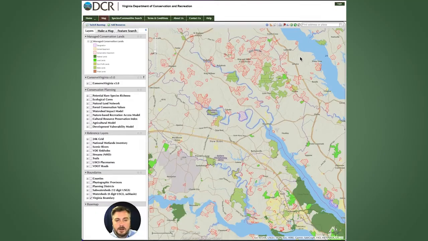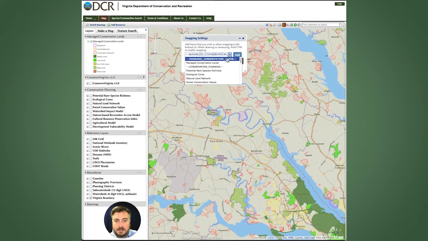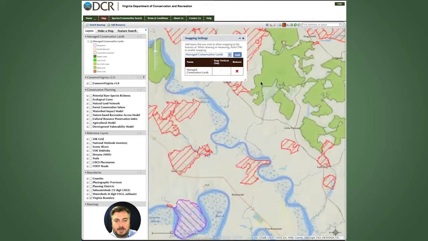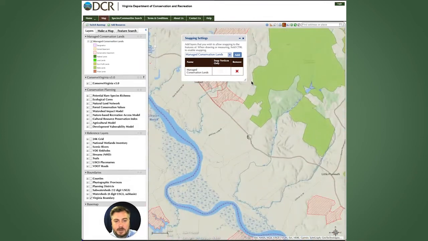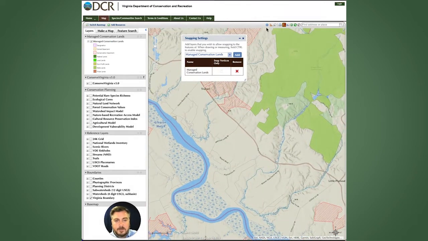The next tool I'm going to demonstrate is the snapping tool, which is the magnet icon. Snapping allows you to precisely draw along the boundary of a layer that you've selected. So in this case, I'll select Manage Conservation Lands, and I will add that. Let's zoom in a little bit so we can see this tool work. I will click Measure and point to point,